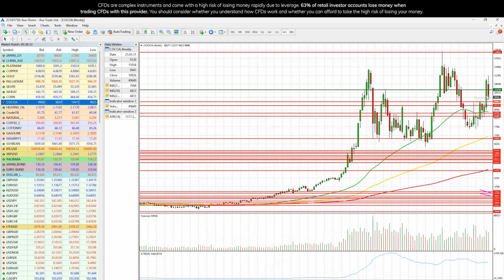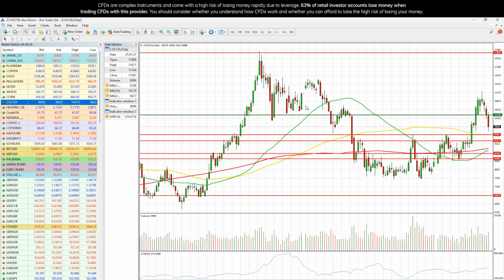And cocoa. As we said last week, it was a strong move to the upside. This week we erased about half of that move. It's hard to say anything. This is all fundamentally driven. The short supply of cocoa from West Africa is still there. So it could be anything. Of course, trading is speculative and manipulative.